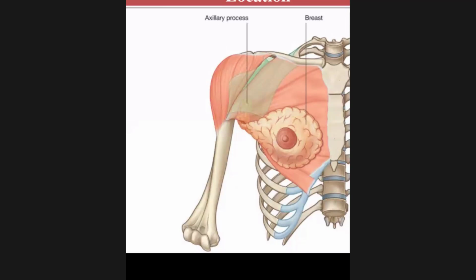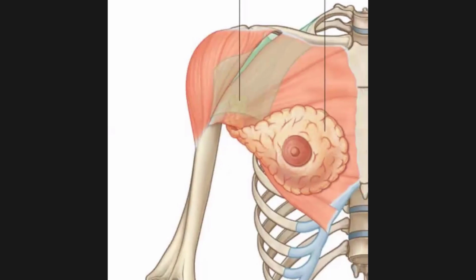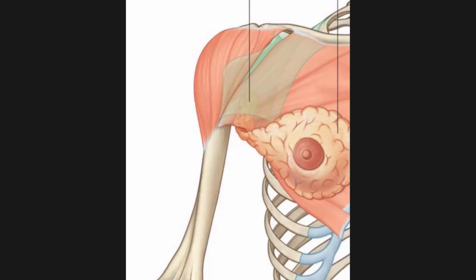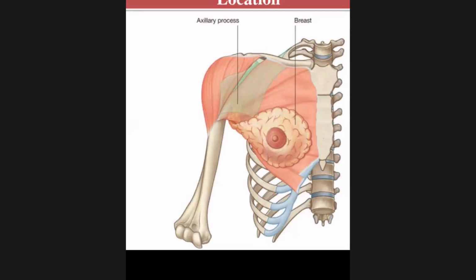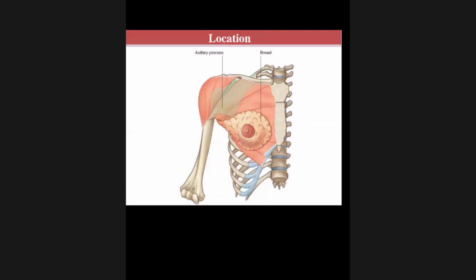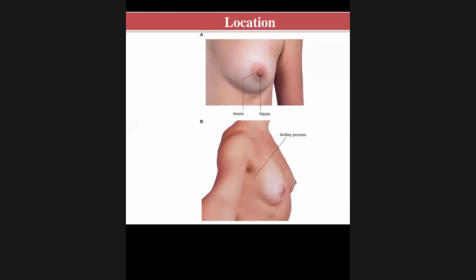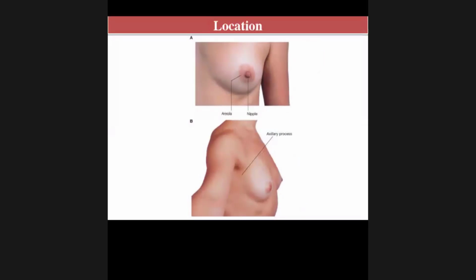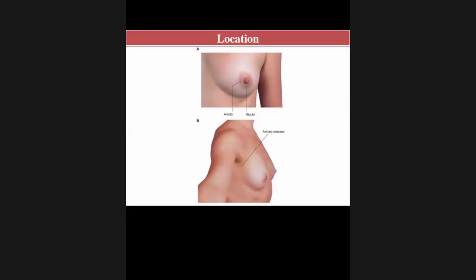So in this picture also we can see fat here as well as the mammary gland, and we can also see here the axillary tail of Spence, the axillary process of the mammary gland, which extends into the axilla. So we were also discussing that this axillary tail is also one of the contents of the axilla, the axillary process of the mammary gland. It is present in superficial fascia. Location of this mammary gland: it is located in the pectoral region in superficial fascia. That is the anatomical position of the mammary gland.